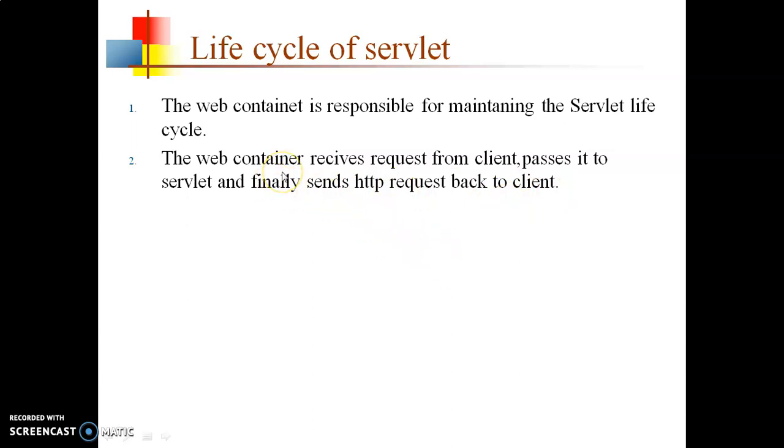So the web container is the intermediary, and in between, processing is going on inside the servlet. First the web container gets the request from the client and passes it to the servlet. The servlet processes it, and finally the web container sends it back to the client.